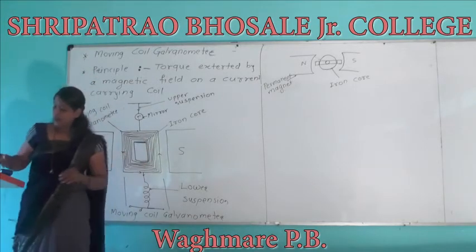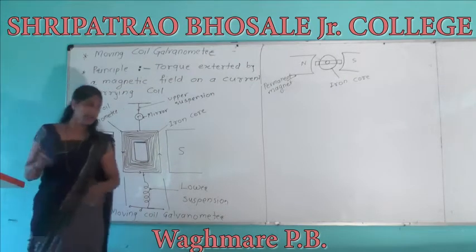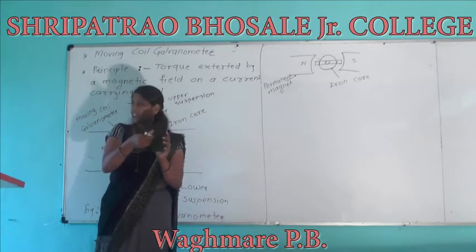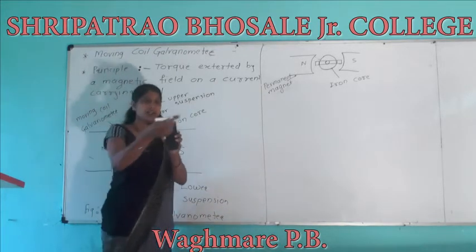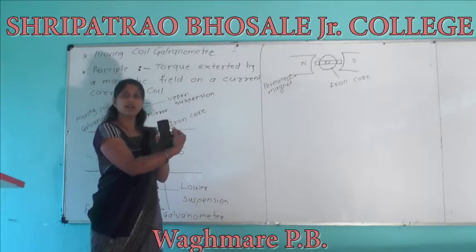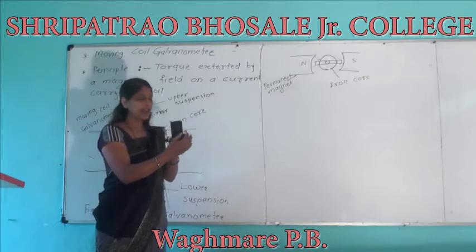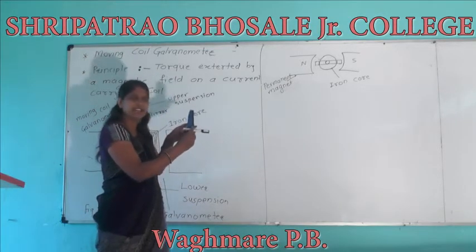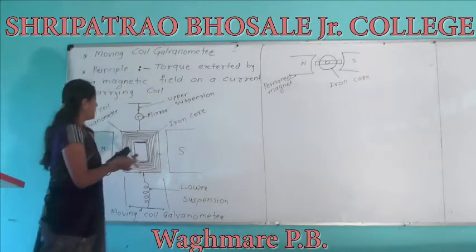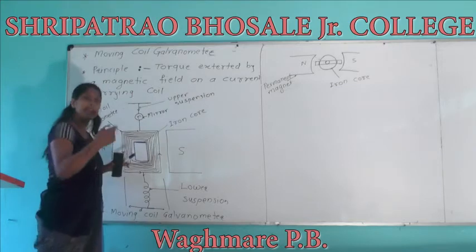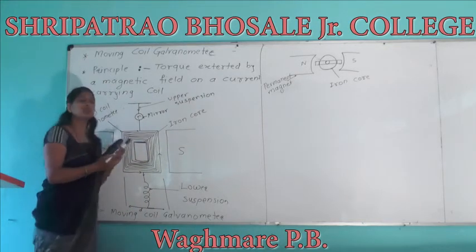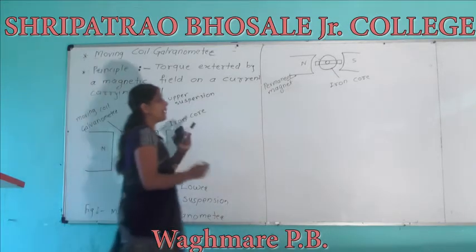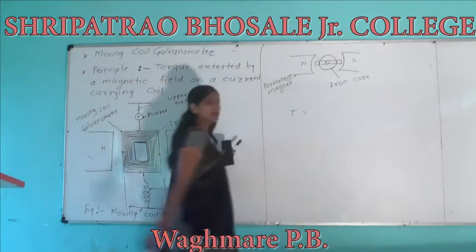And this coil rotates. How does this coil rotate? Yesterday we discussed that one force is acting in this direction, and another force is acting in this direction. These two forces act on the coil, and due to these two forces the coil starts to rotate. And as the current passing through this coil increases, the torque also increases, because we know that the torque is equal to